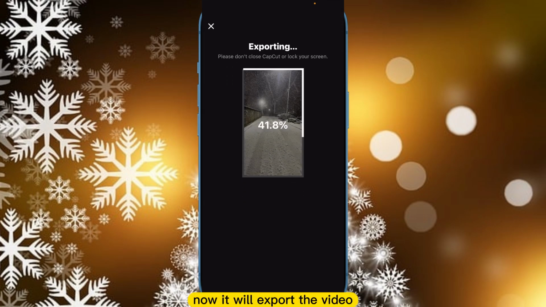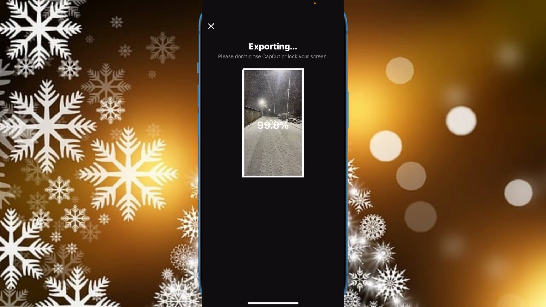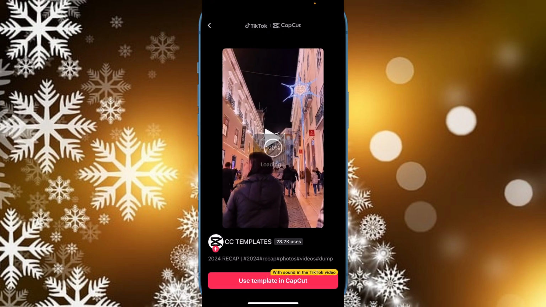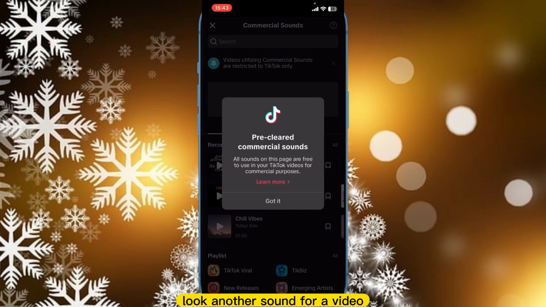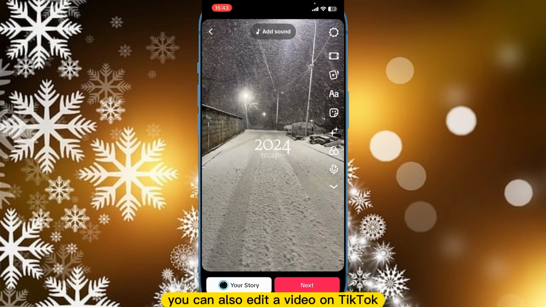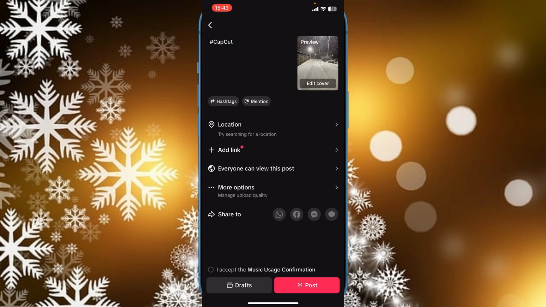Now it will export the video, and when it's done it will open your TikTok application. So now we are on TikTok. As you can see here, you can add a sound for your video. You can also edit a video in TikTok, and when you're done just click on next, and now you can